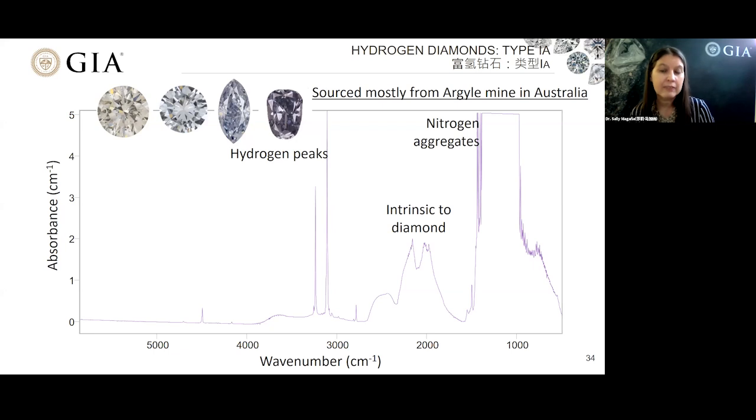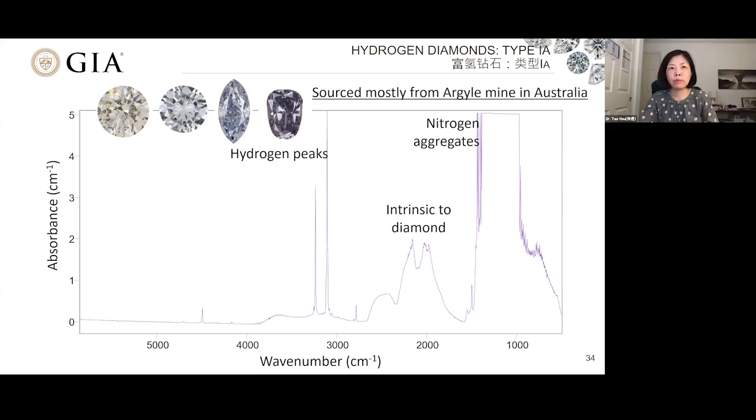They have high amounts of nitrogen and hydrogen. 这又是红外光谱，这是一组富氢的蓝钻，氢相关的缺陷是它们的主要致色原因。这个红外光谱和刚才GR1的不一样，它既富氢又富氮。这些主要来自阿盖尔，就是澳大利亚那个矿。